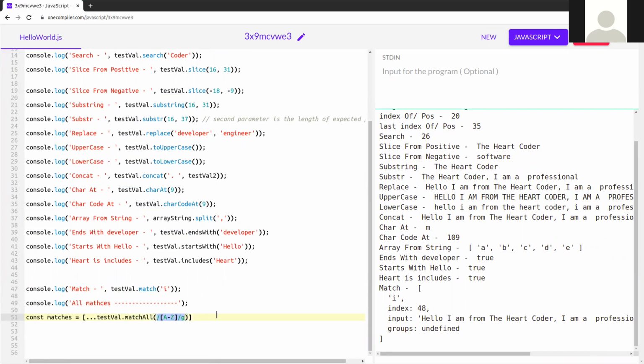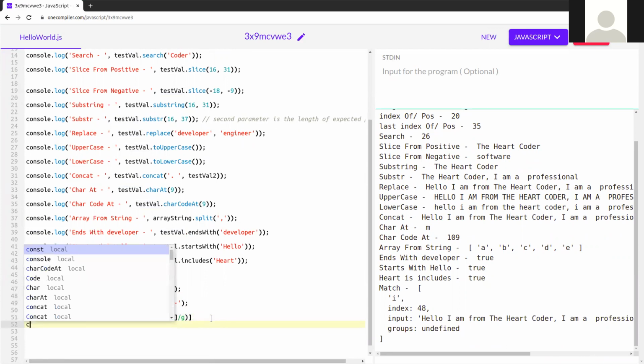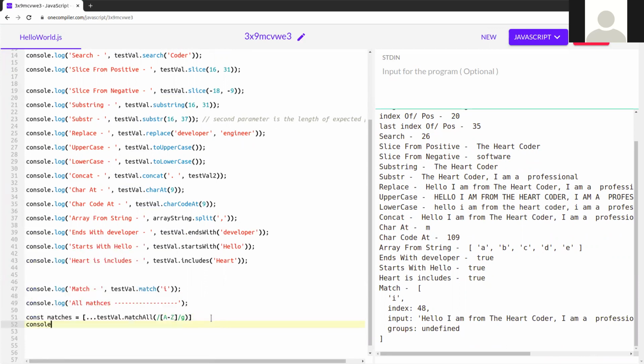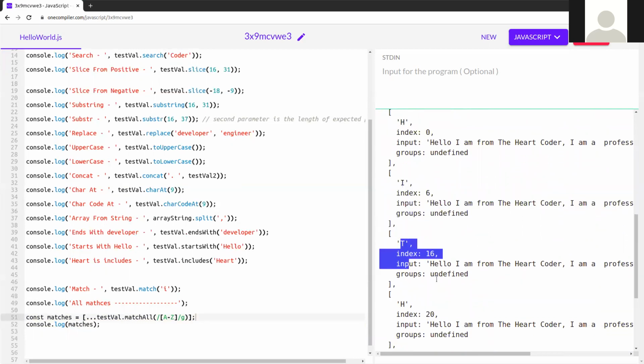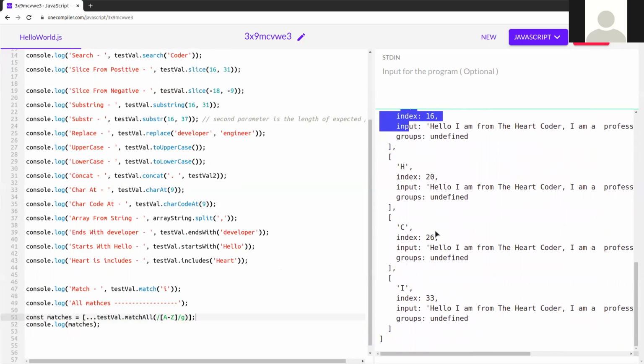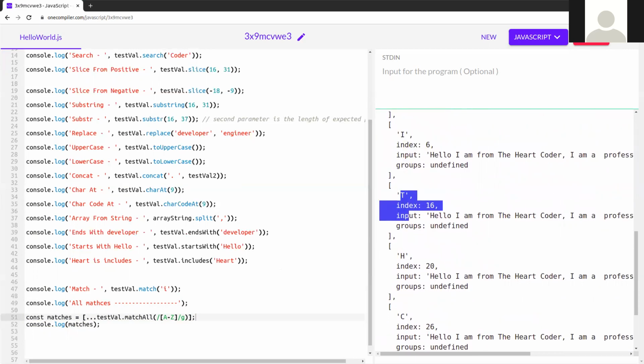Then console.log the all matches. Okay, so let's run it. It will return one array, I think, for sure. So you can see this is the H, I, T, all those things that are present. So this returns the whole array. So this is another method.